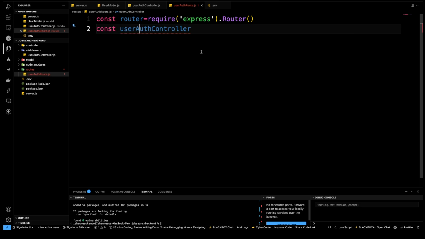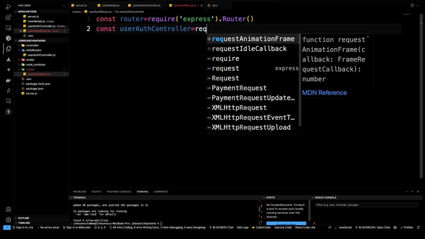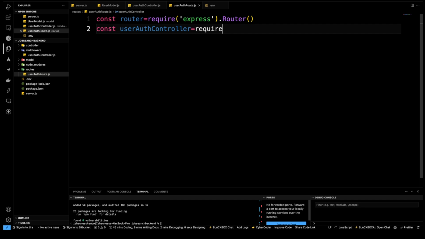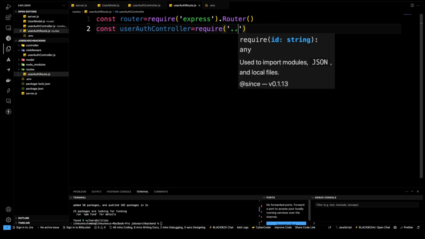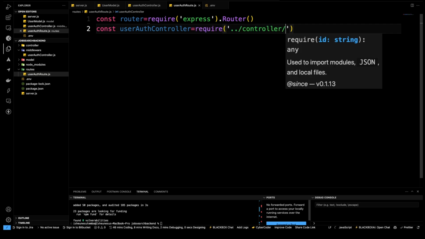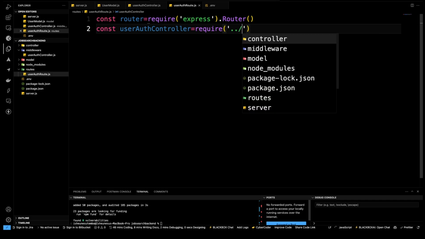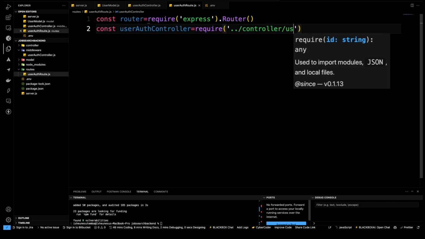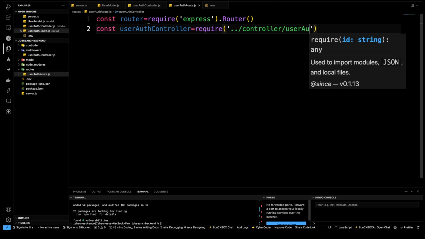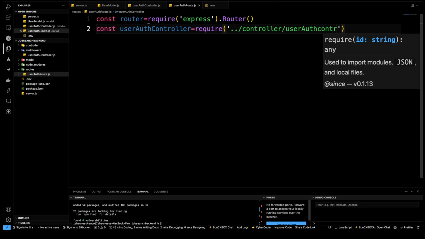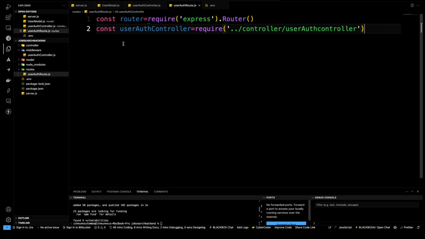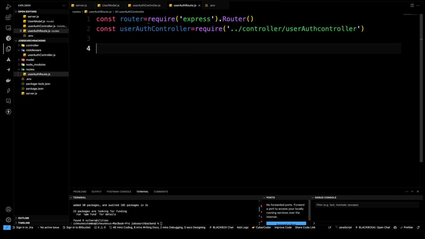User auth controller, right, is called to require controller. User auth controller. Okay, so now